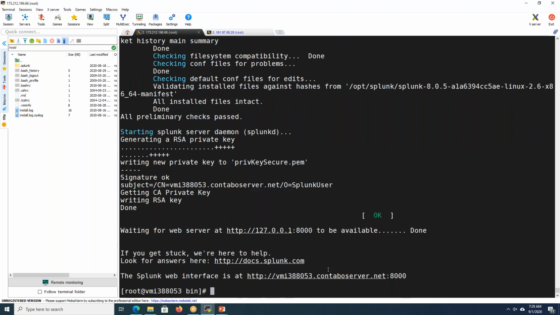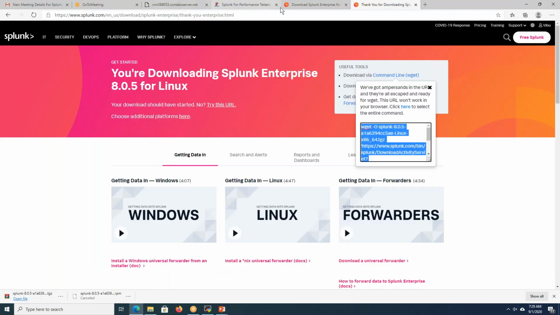This is the server, this is the URL which I want to access, the Splunk UI. The same URL.